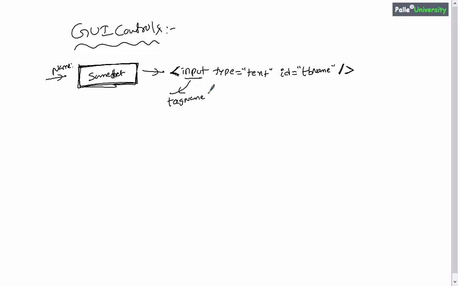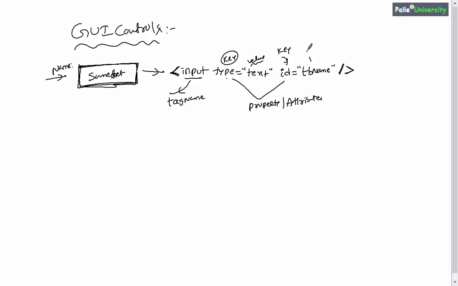And immediately after the tag name you will write something called properties. So type is a property and ID is a property. Some people call properties attributes also, right? In general every property or attribute will have a key and a value also. In general the value is placed inside double quotations. Type is the key here and text is the value. Similarly, what is this ID here?